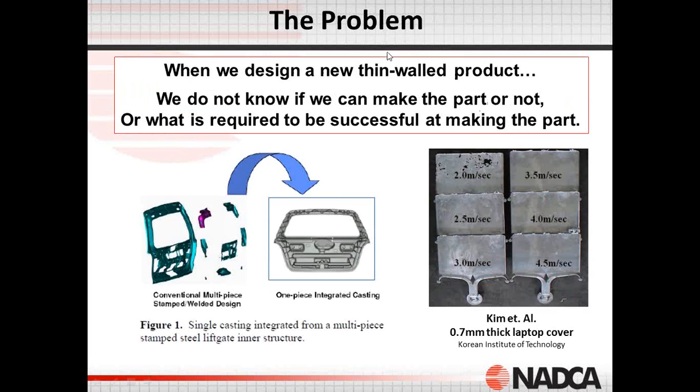And the problem in not being able to predict this is that when we design a very new part, especially if we push the limits of what has been known to be castable in high pressure die casting condition, we have a huge uncertainty at the design phase in terms of determining whether we can successfully make this part or not. For example, if you look at this concept here, in principle, we can always replace steel